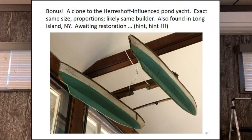We were just sort of over the phone when we would meet, say, hey, my model's 45 inches long, yours is too. My model's 20 inches wide, yours is too. Well, it turns out we finally got them together one day, and they are essentially the exact same model, exact same proportion, dimensions, everything on it, except his is fully intact, and mine's sitting here looking for some TLC. The only difference on this one